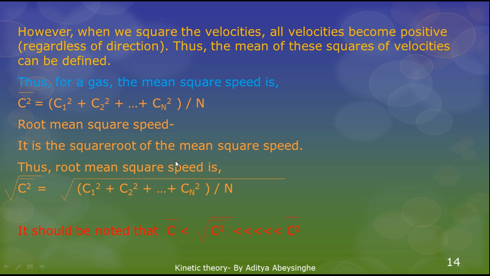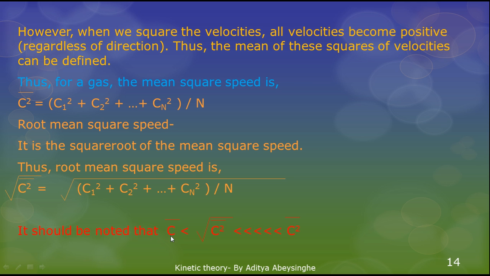So the mean square velocity is the algebraic sum divided by the number of molecules. We take the square root and we find the root mean square. Now if you calculate, for example, we will take a practical example. Now we take 3 molecules, those 3 molecules, 2, 4 and 6. You know that when you take the speed, the mean speed is 2 plus 4 plus 6 divided by